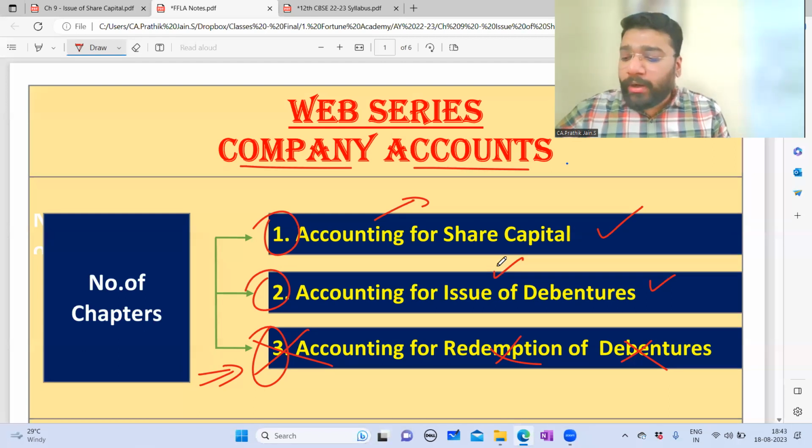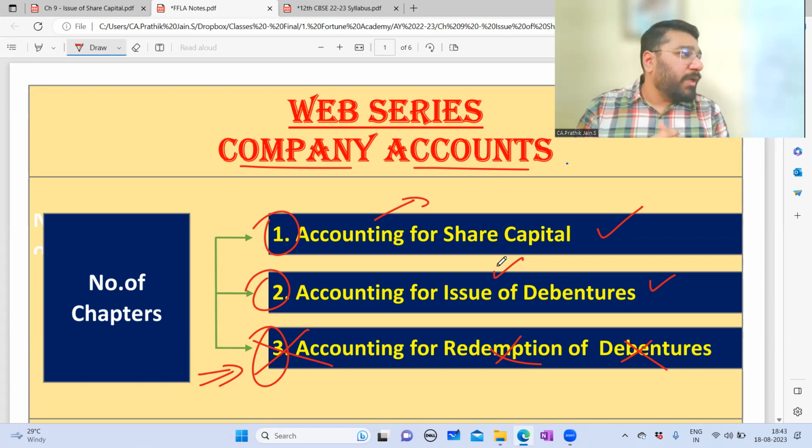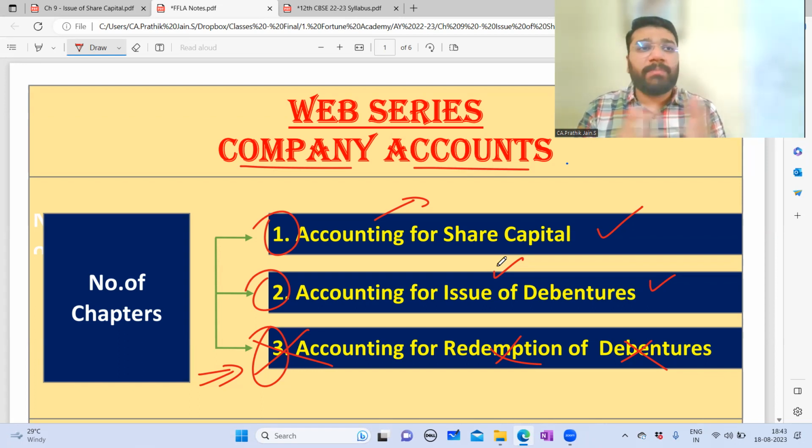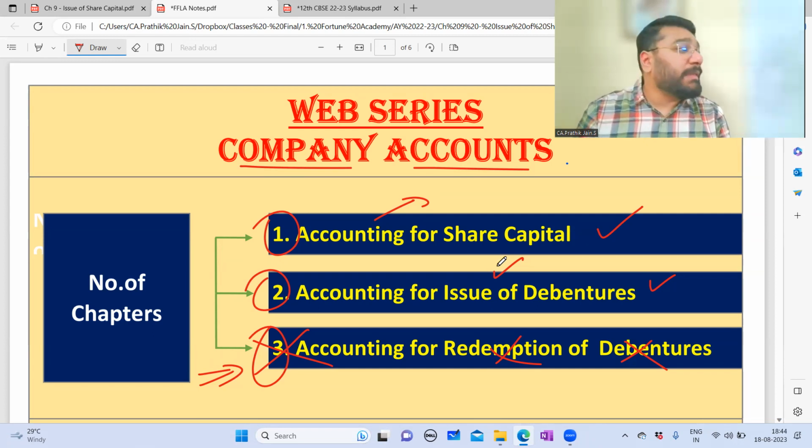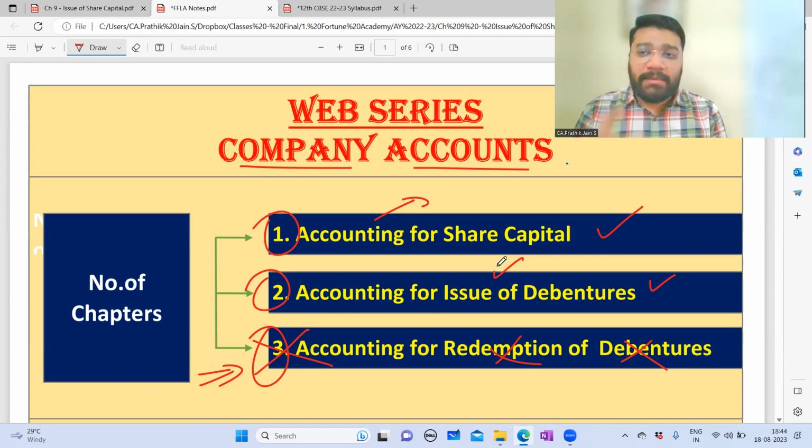And one more important thing that a lot of students miss out here is the theory part. A lot of schools or a lot of people skip the initial theory, which I'll be focusing on in the very first 3 classes of your company accounts. It is very, very important, because for Class 12 CBSE this can come in the form of MCQs, assertion-based questions, or case-based studies. So we cannot deviate from the theoretical aspect. And for CA Foundation people, this could be asked in the form of true and false questions. So theory again plays a very, very important role.